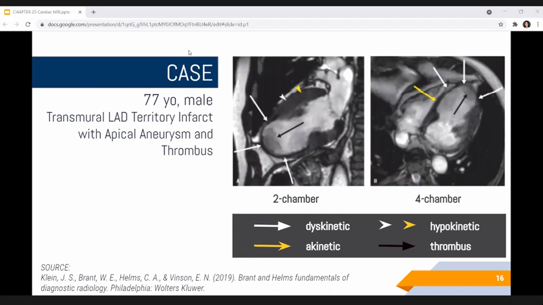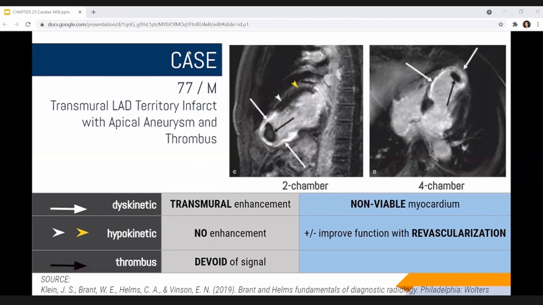The white arrowhead points to the anterior segments at the mid-cavity level, and the yellow arrowhead to the base, which are both hypokinetic. Now, a low signal mass in the left ventricular apex, pointed by the black arrows, is consistent with a thrombus. From the same patient, gadolinium delayed enhancement images, image C is a 2-chamber, while D is a